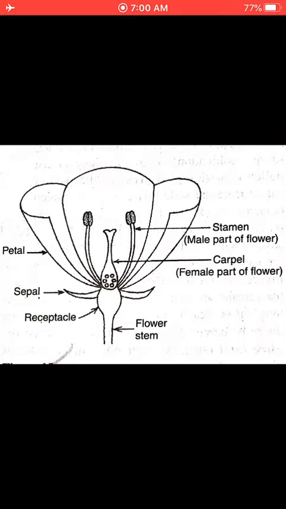This is a normal flower, and we find the flower consists of four whorls. What are the four whorls? Sepals, petals, carpel and stamen. From the bottom of the flower we first have the stem, a stalk. Then there is a receptacle, a thalamus, on which the whole flower whorl is attached. Then the light greenish part is considered the sepal,